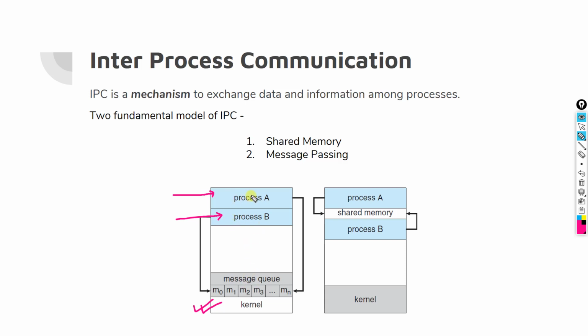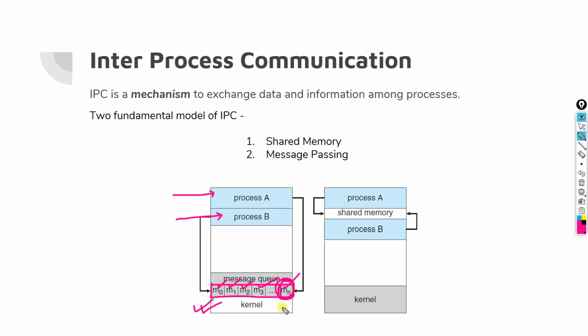So in a message passing system, how do they actually communicate? They actually send messages to each other. How? In this model, there will be a queue. This queue is a message queue, and all the messages are stored here. Okay. So if process A wants to send a message to process B, what will it do? It will store a message in this message queue, and in this message, process